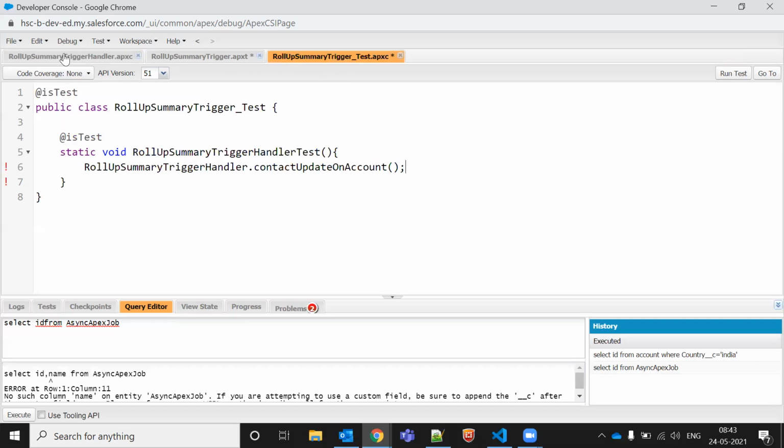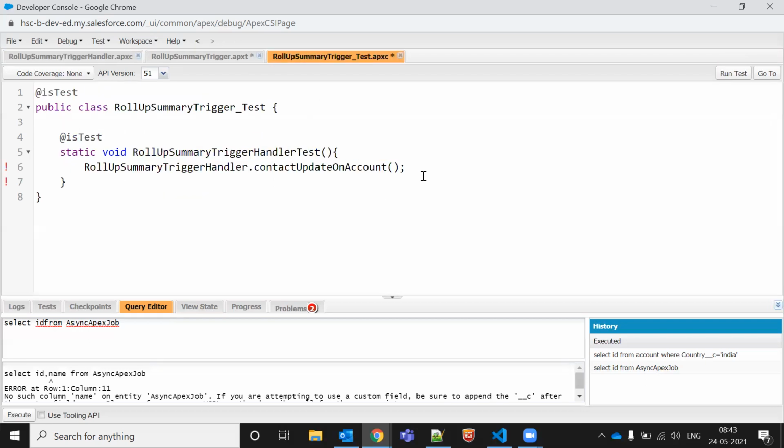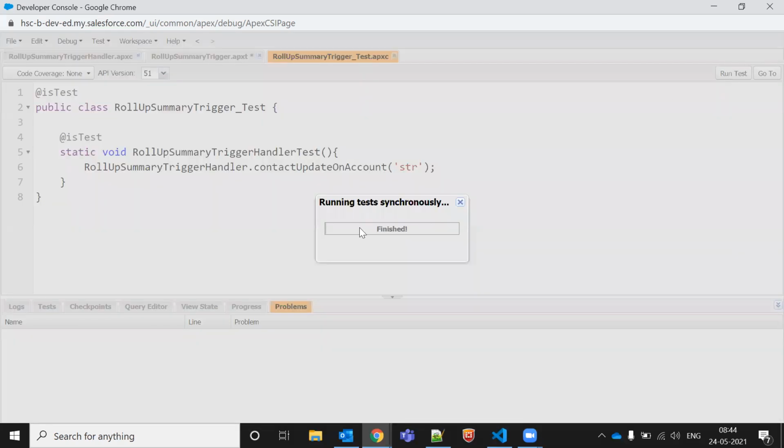It is a list of records. So if I do like this, str something like this, will it work or not? Let me just check how much coverage, and let me click on run test.